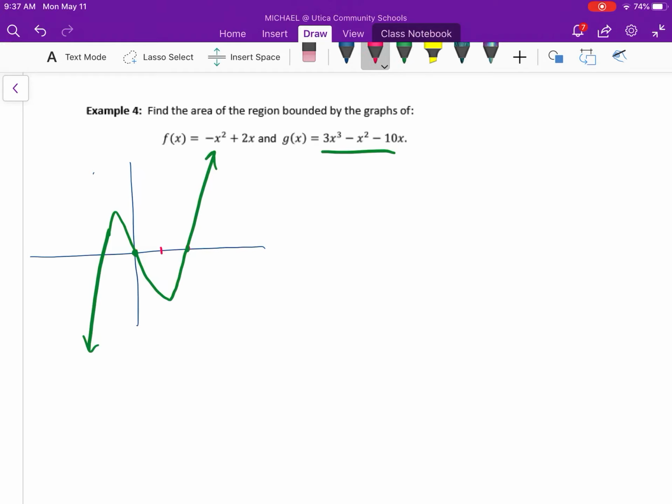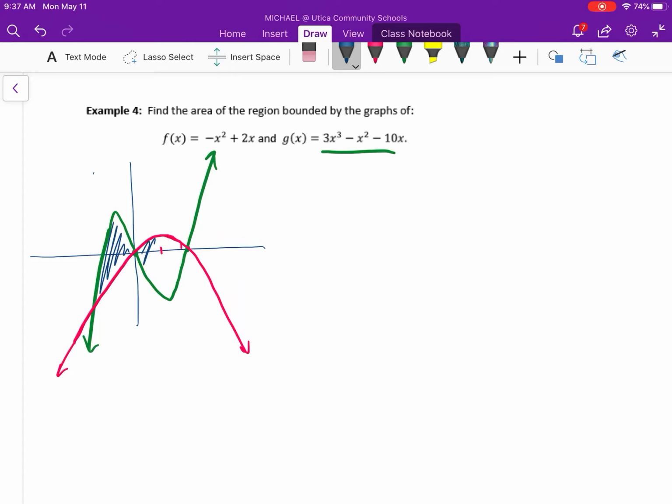That's going to be your cubic, and then your quadratic. It's going to look like that. All right, so once again, probably should have had that figured out beforehand, but either way, now that we have